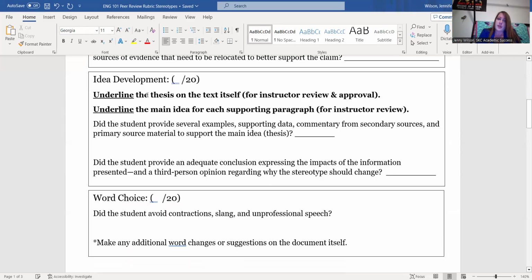Underlining a thesis, meaning the main idea for the entire essay itself. Underlining the main idea for each supporting paragraph. So let's say professors, and I've been around a lot of professors in my short 15 years as a teacher, but if they are just glancing through the paper, they're reading fast, they have a lot of essays to read, and a lot of papers that they're grading. Let's say the professor does a quick read and it's not a very slow and meticulous read, maybe on the same level that your English instructors are going to comb through a paper. Other instructors might read it more quickly.